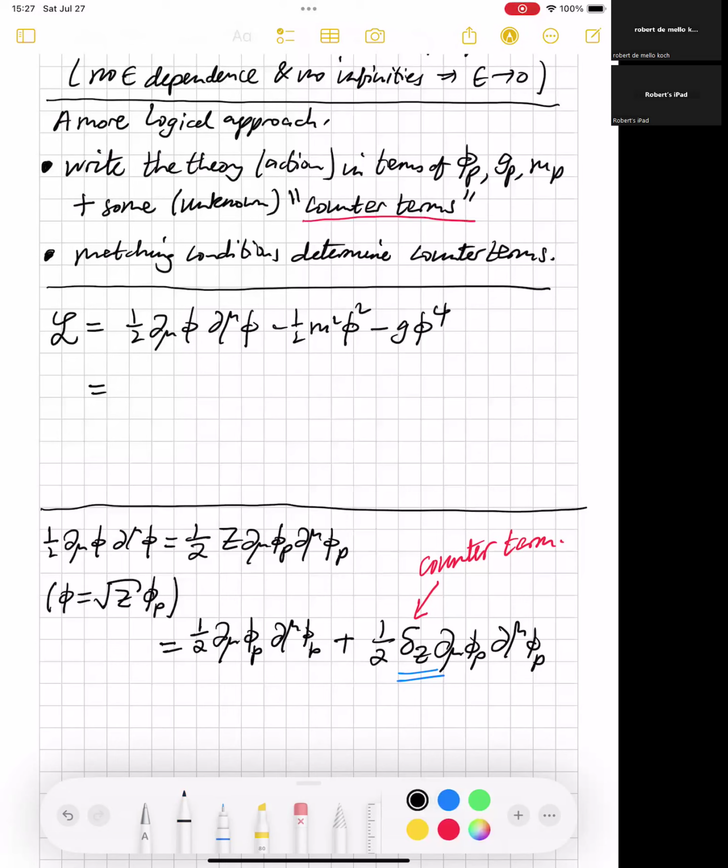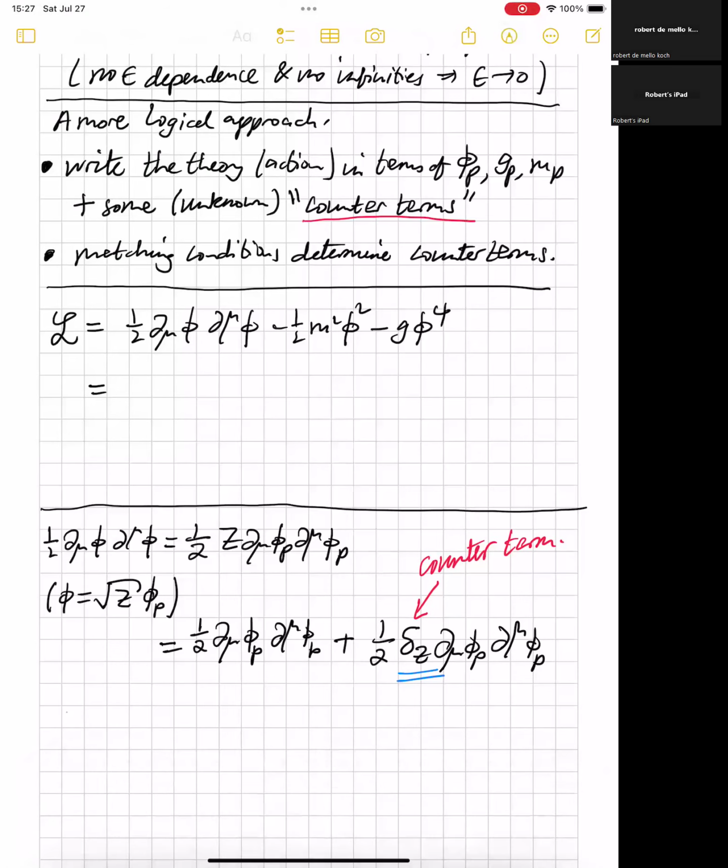So just by comparing, we know that 1/2 delta z d mu phi physical must be equal to 1/2 z d mu phi physical minus 1/2 d mu phi